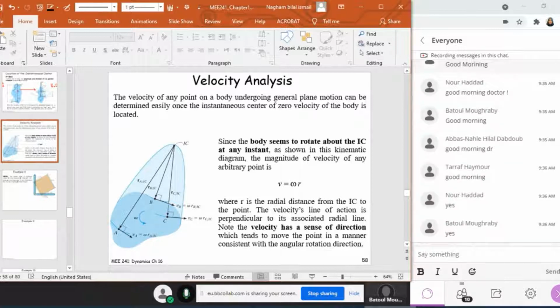Okay. So let's start. So as we said, guys, in the video lecture, the instantaneous center of zero velocity, if located, could make our life much easier, because if I know where this instantaneous center is at this instant, and don't forget, guys, that this IC could be variable for each instant, and that's why it's called instantaneous center of zero velocity. Now, if I know where this IC is, I can find the velocity for any point on this body by simply doing omega times r, or the angular velocity times the position from this point considered to this IC. Right, guys, and as we